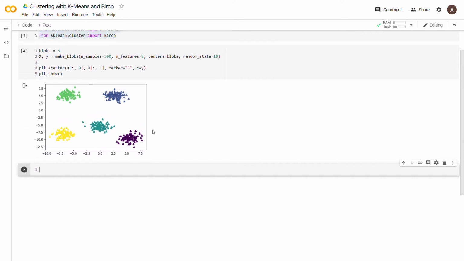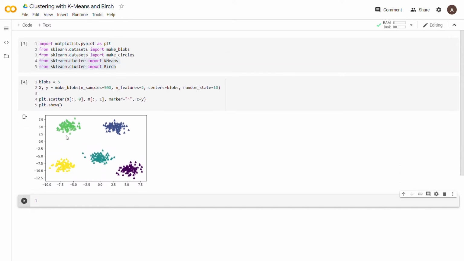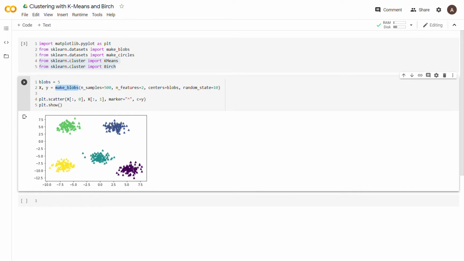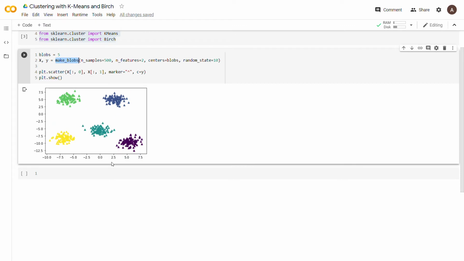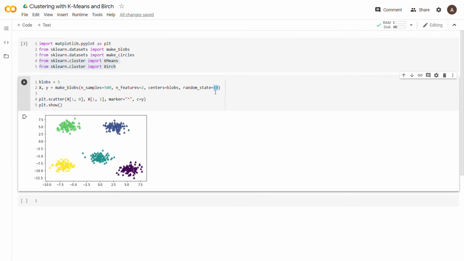Okay, so you can automatically see that we have 5 different blobs, or 5 different clusters, that we've created using this make_blobs function. And you can see them very far apart from each other, right? So what we're going to do is say now a random state of 2, and you'll see that if we run our k-means or Birch algorithm on this, it's fairly easily going to separate them into different clusters,